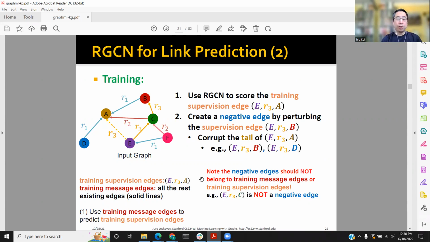What you can do is, they call this corrupting the tail. So basically, if you currently have an edge from E to A, then I can just corrupt this by changing the A to some other node and saying it's probably a